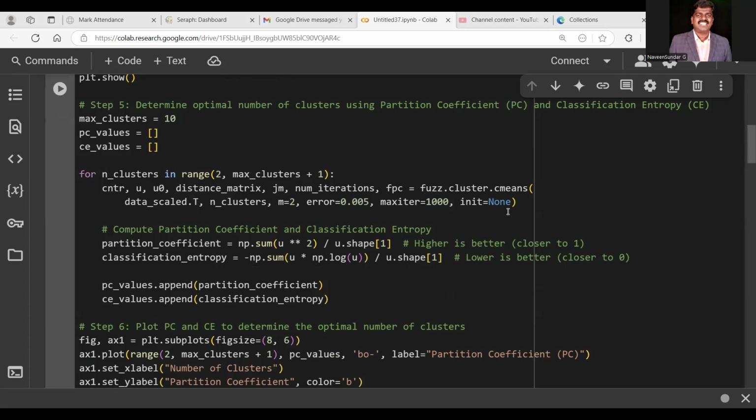So that is 0.005. Then we are taking the m values too, and then we are giving the scaled data and n clusters. How many clusters? We are going to find that out, so that is also our target, right? So we are using the for loop and we have just given the value to display and then compute the partition coefficient and